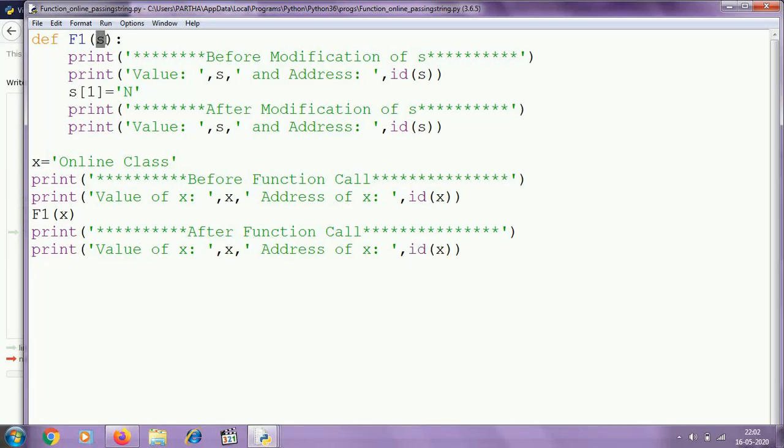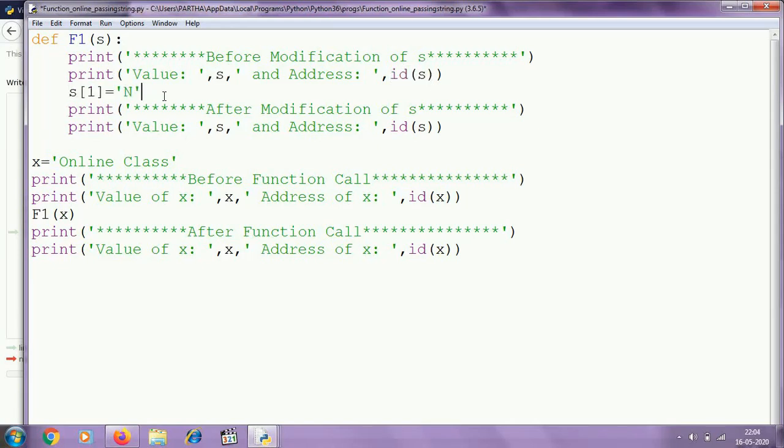Here s is the parameter, that means x is pointing to this string, s will point to the same string, and here we are going to modify the string. So before modification we will check the value of s as well as the id of s.